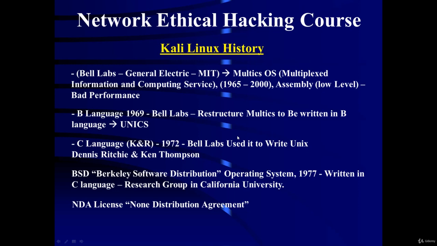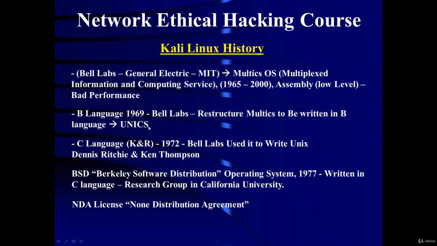After Multics, in 1969, the B language appeared. It was developed only by Bell Labs, and Bell Labs decided to develop a B language. It was a restructure of the Multics operating system, just to be written in B language instead of assembly language. They called it Unix. After that, in 1972, C language appeared, and sometimes they call the C language K and